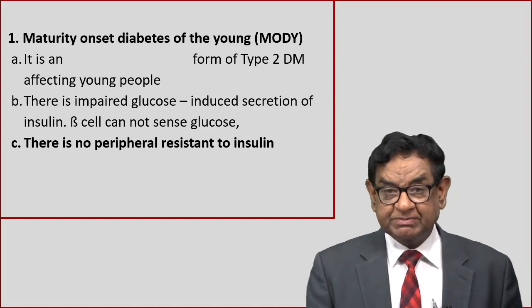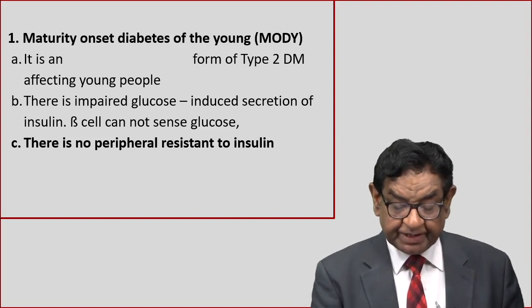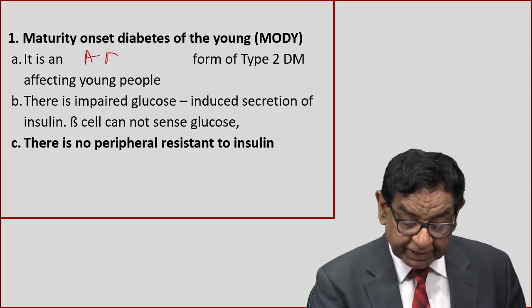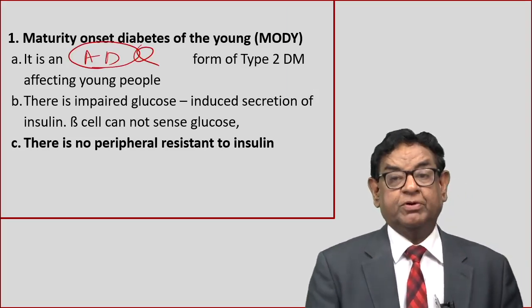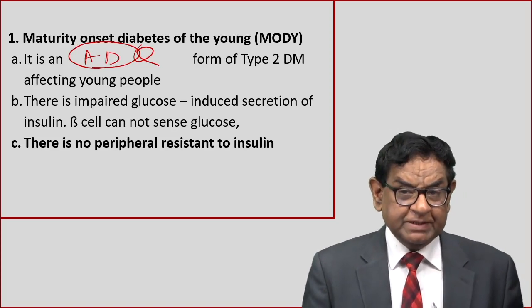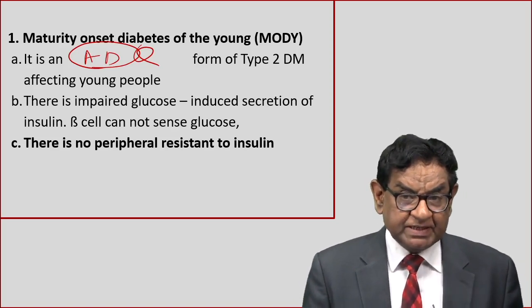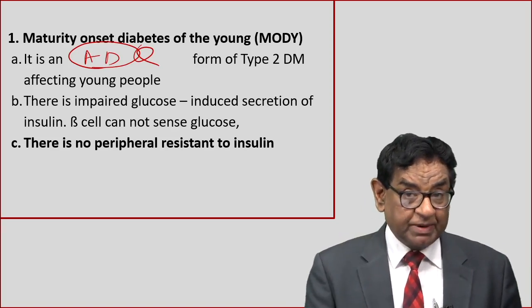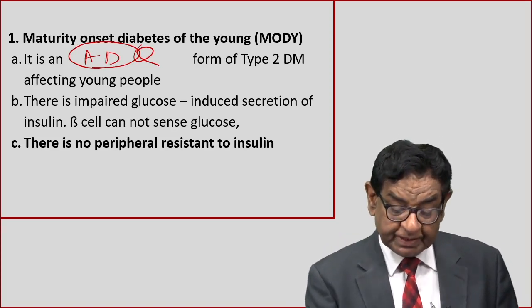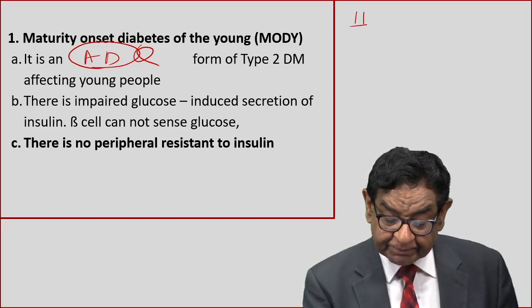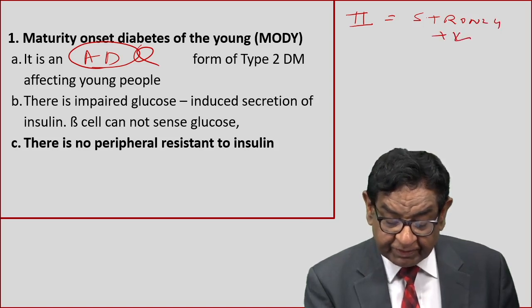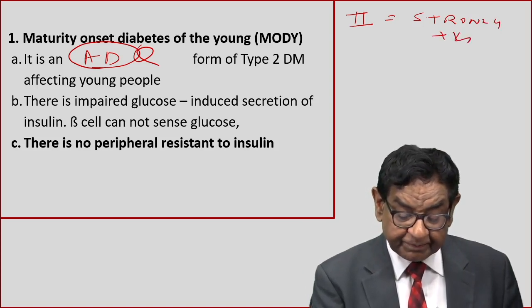So one of them is maturity onset diabetes of young. It is an autosomal dominant condition. This is a very important point. So that means in this case the family history will be definitely positive. Why? Because it is autosomal dominant. Point to be noted that in type 2 diabetes we have a strongly positive family history, but here we have a definitely